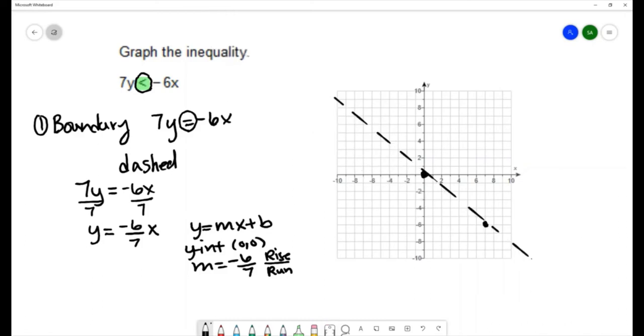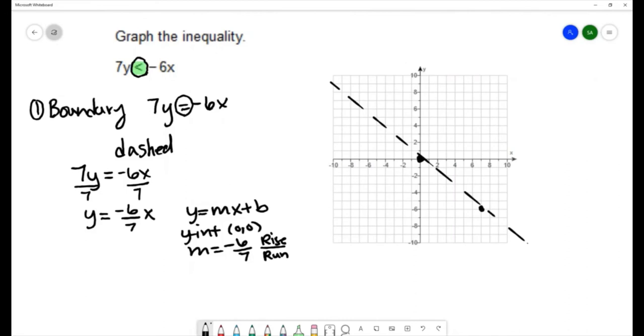Now we've completed the boundary, and we need to decide which side of this line to shade. One side will have ordered pairs that make the inequality true. The other side of the line will have ordered pairs that make the inequality false. We want to know which side is the true side because we want to shade that side and indicate that that side gives solutions to the inequality. So to do the shading,